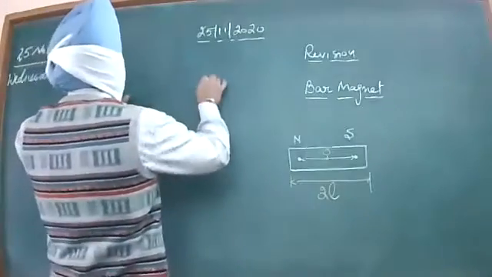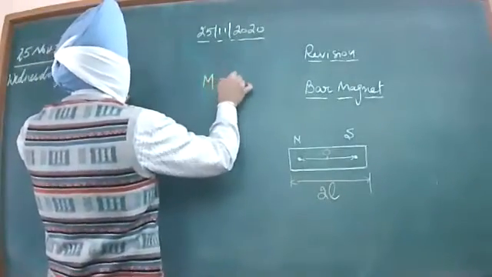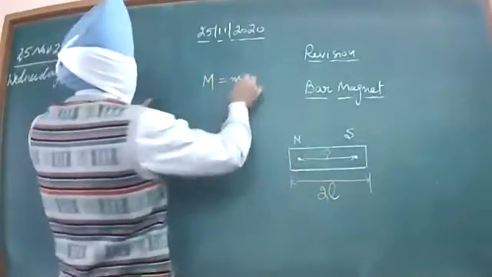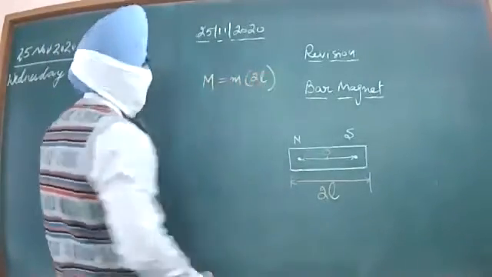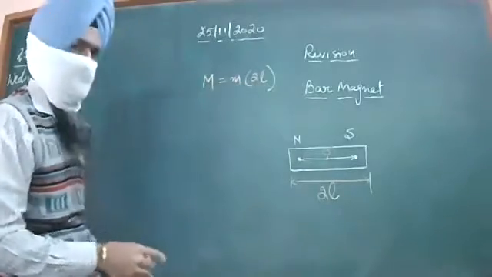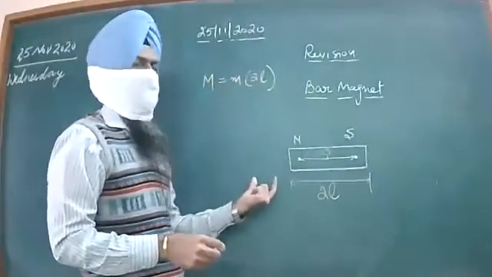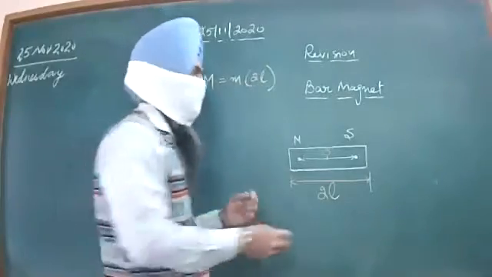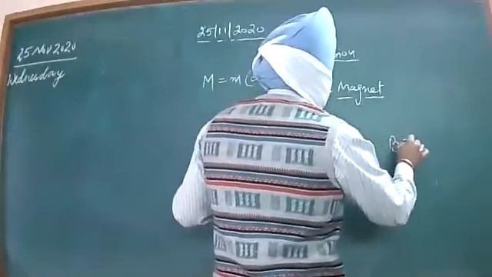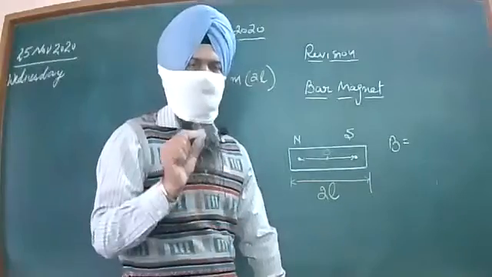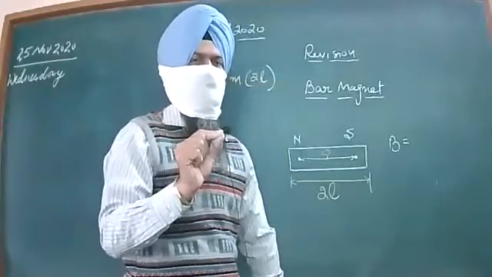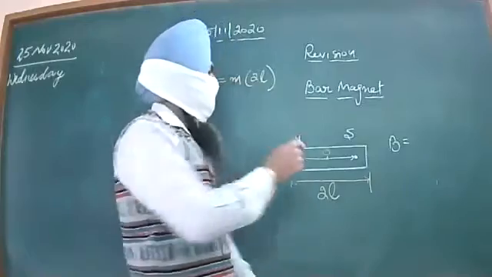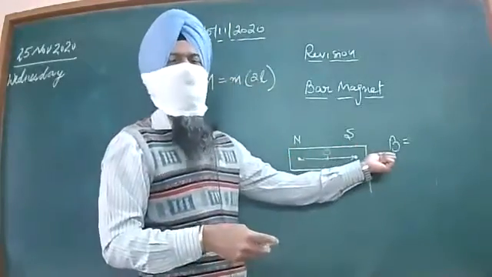Magnetic dipole moment, capital M, is the magnetic pole strength of either pole multiplied by the magnetic length. I would here give a small emphasis on the magnetic field also. Keep one thing in mind: the magnetic field due to a single pole, north pole or south pole, having magnetic pole strength equal to small m,